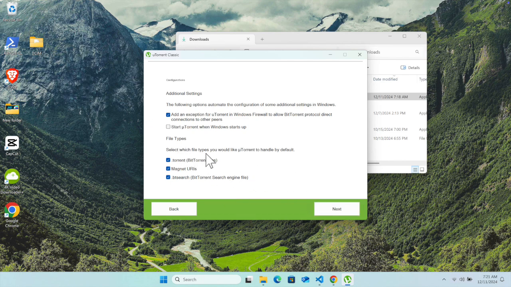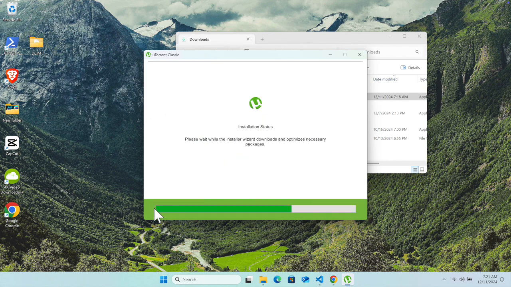And select which file types uTorrent handles by default, like .torrent and magnet URLs. So these three it will actually support. You can also uncheck this one because you don't need the BitTorrent search engine file. We can uncheck this, or you can keep it. I'm going to uncheck it, and these two are fine for me, .torrent and magnet URLs. Then press the next button, and you will see a green progress bar that is almost finished, and